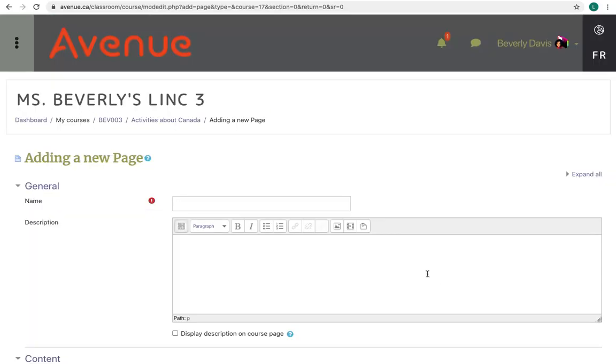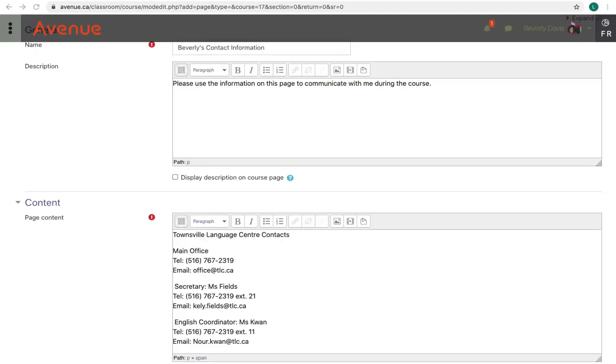First, I'll enter a descriptive page name. Then I'll type a page description. Finally, scroll down to the Contents section and enter names, email addresses, phones, phone extensions, and any other information that you feel comfortable sharing. There are a number of tools in the text editor that can make your text look